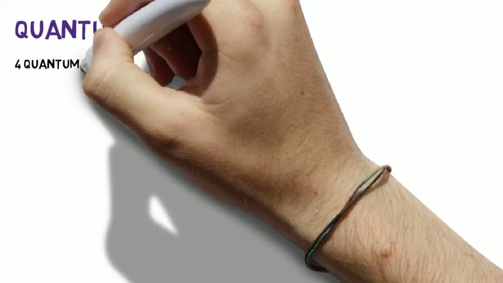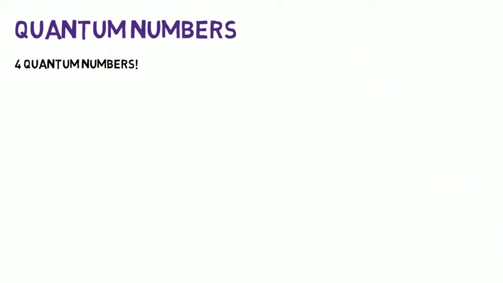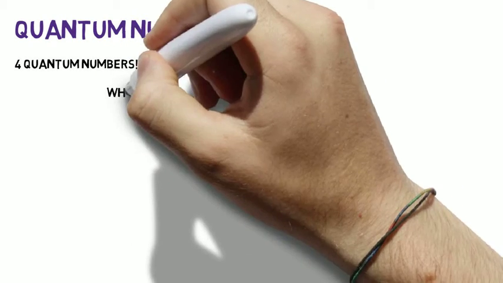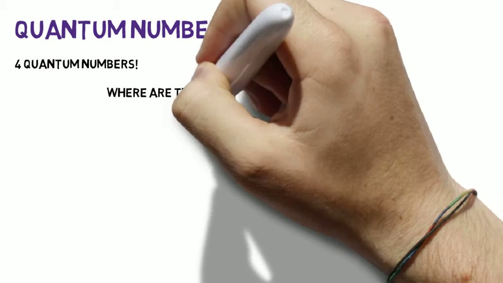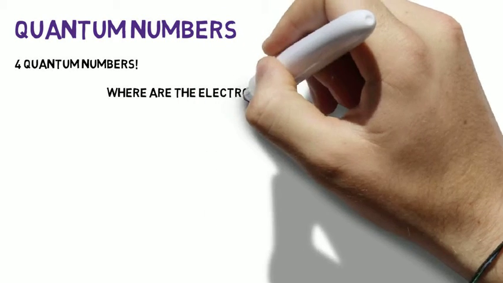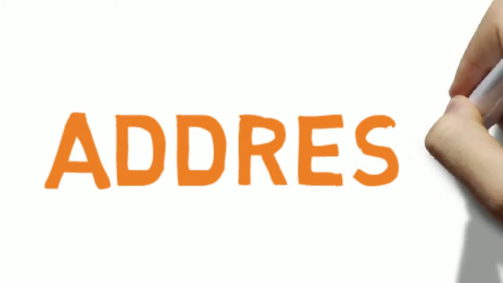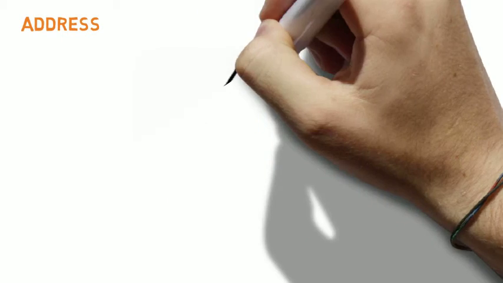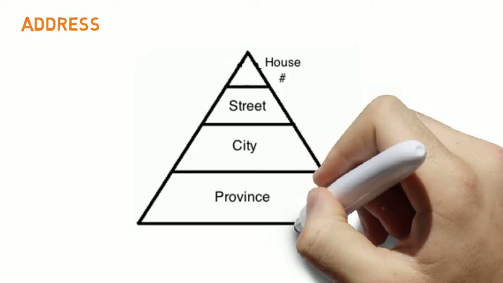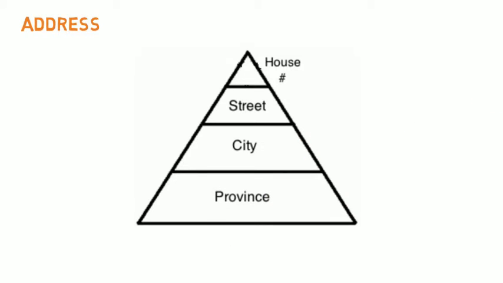There are 4 quantum numbers: principal, secondary, magnetic, and spin. These 4 numbers describe where electrons are located around the nucleus of the atom. Think of this set of numbers like an address. To know where your friends live, you must have 4 pieces of info to determine their exact address, just like